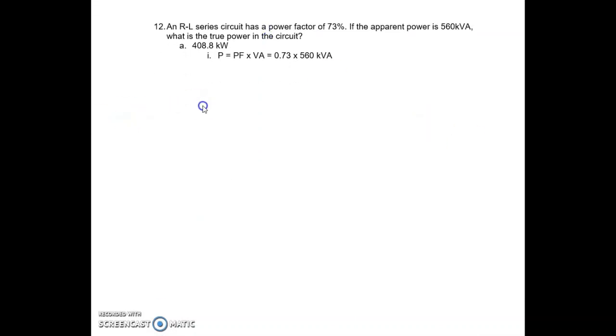And finally, number 12. A resistive inductive series circuit has a power factor of 73%. If the apparent power is 560 kilovolt amps, what is the true power of the circuit? That formula again is in Appendix B. True power equals power factor times apparent power equals